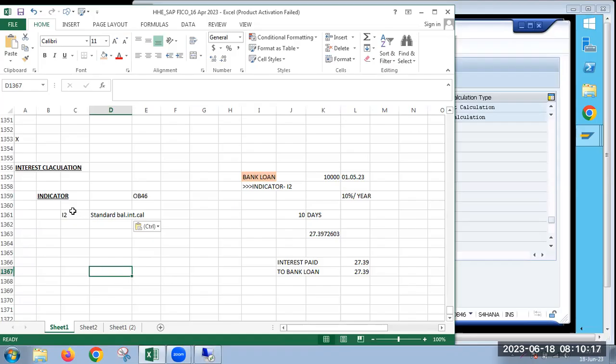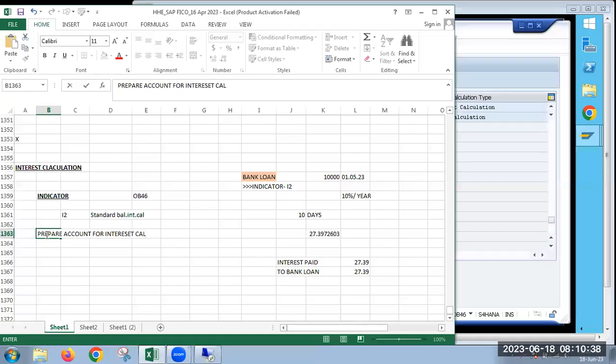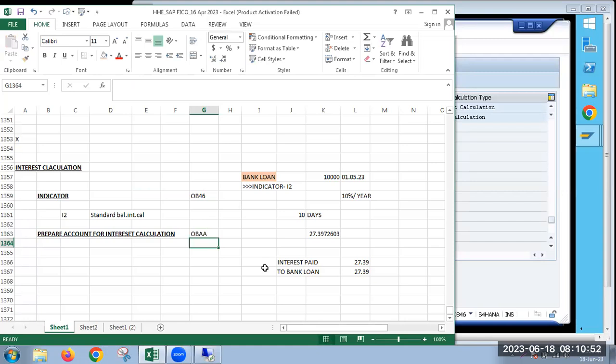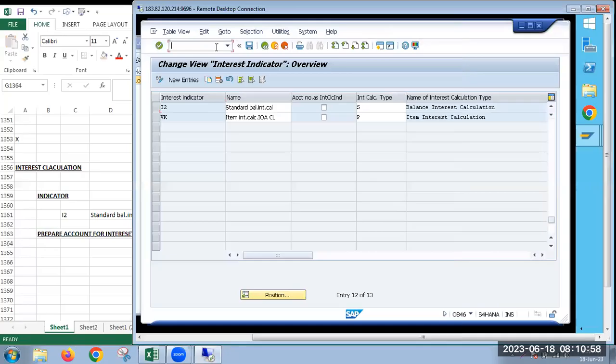Now, some additional activation we have to make to this indicator. Later at the GL creation level, we will assign this one. So some other activations to be made. So we make a prepare account for interest calculation. We will do some more activation to the same indicator. That is nothing but the year specification and the frequency of the interest calculation. Okay, so we have the indicator I2. To this indicator I2,